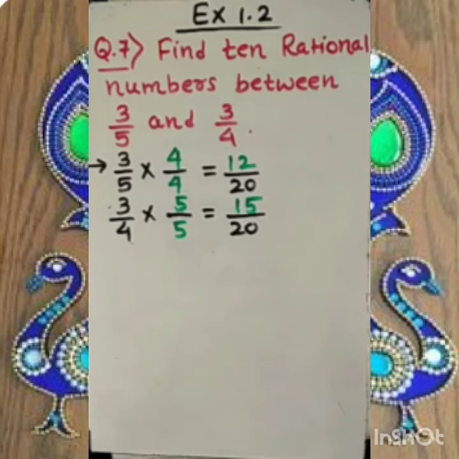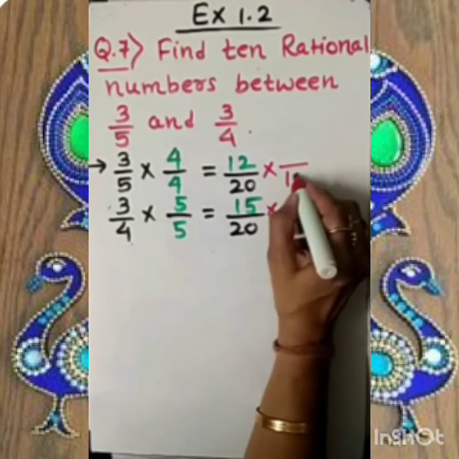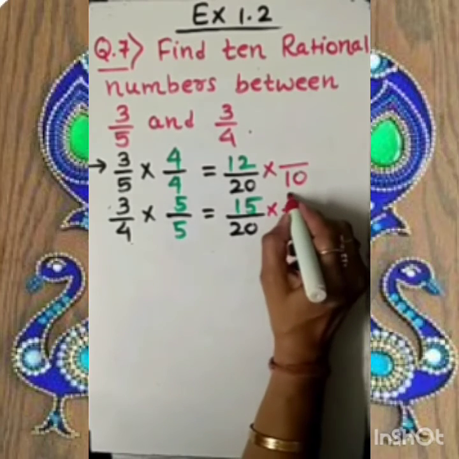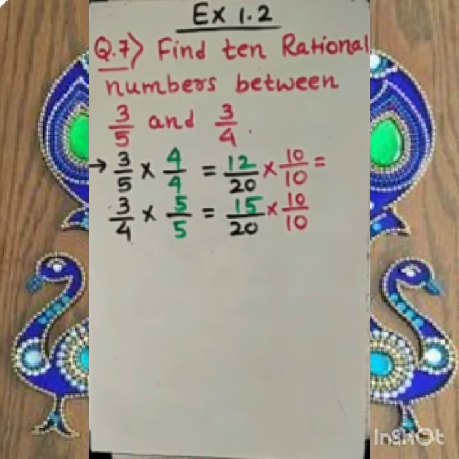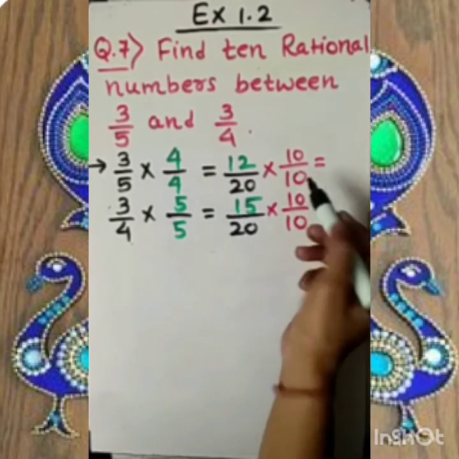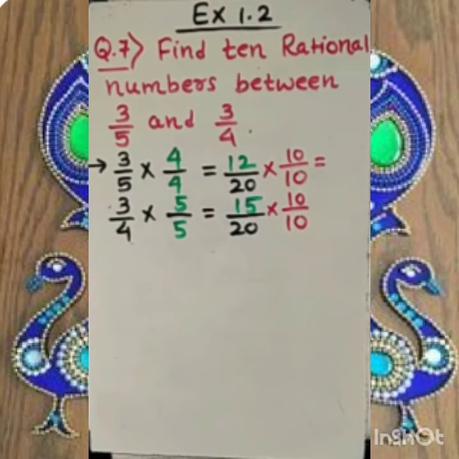Fine. So in such a case, we have to do chaddar badi karna, right? How to go with that? As I told you, we need to divide and multiply with 10 by 10. Again, I am telling you it's not necessary to divide and multiply by 10. You can choose any number, you can choose 2 by 2, 5 by 5 as you wish. But why am I asking you every time to move it by 10 by 10? The reason behind that is it is quite easy to multiply with tens, hundreds and thousands.